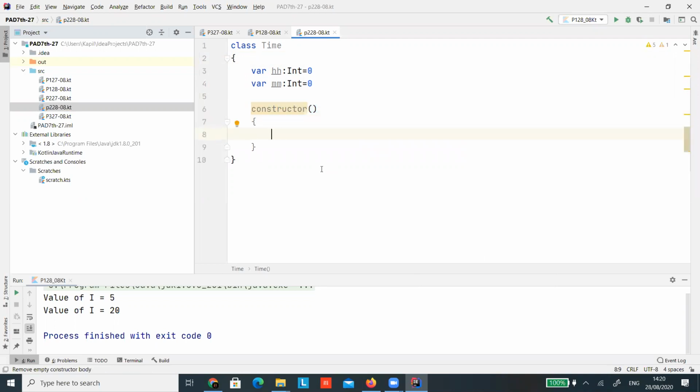In the default constructor, HH will be 12 and the minute will be 0.